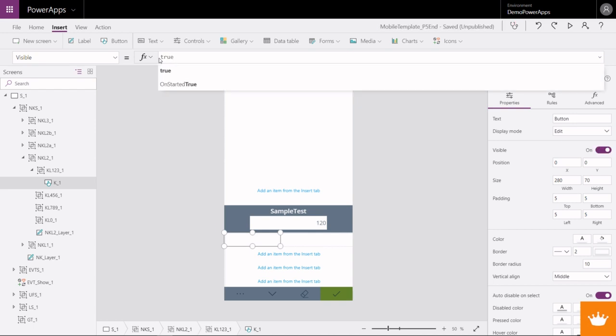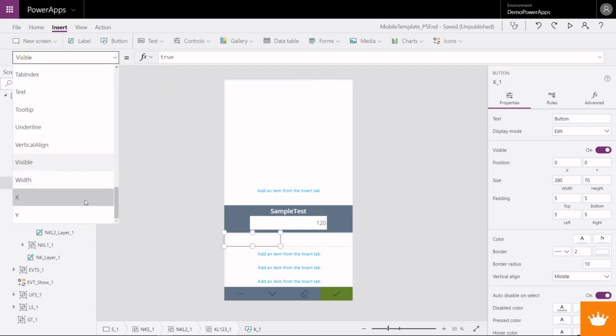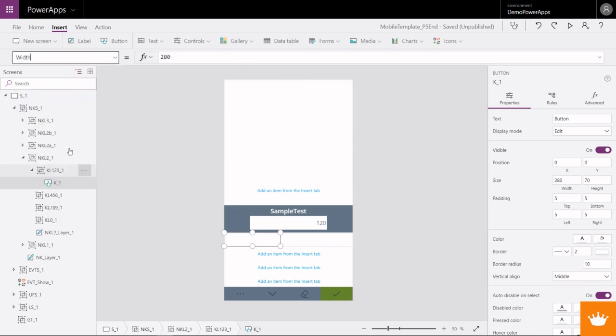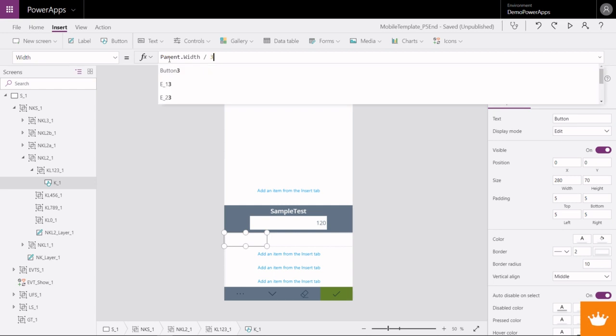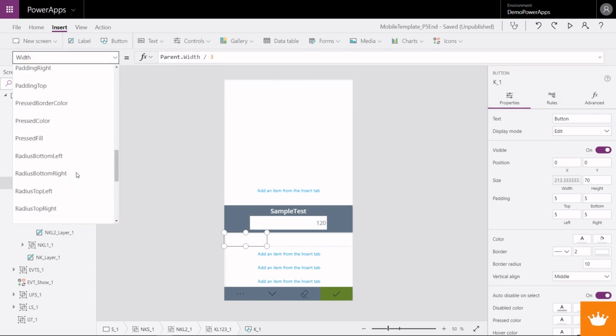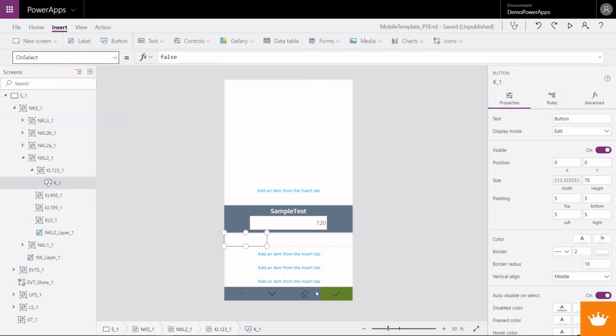I thought that it was a little bit too wide, so what did I do wrong? And I did it wrong. So here at the width, the parent dot width divided by 3 should be the width we're using. So now let's have an unselect statement,